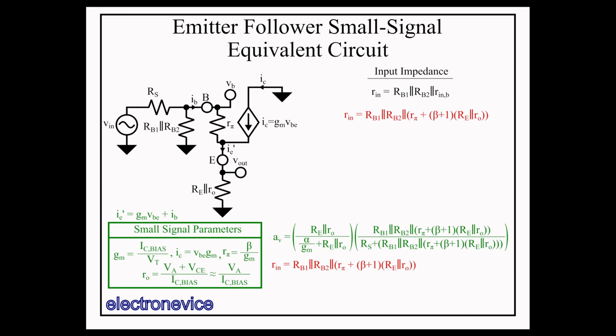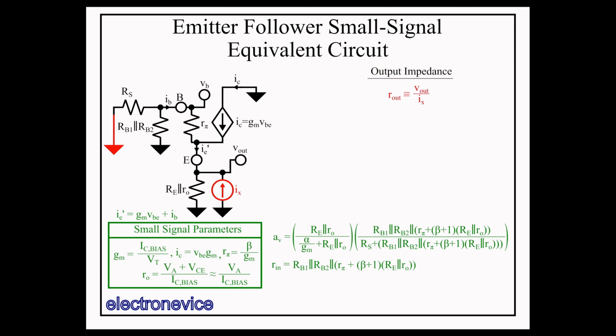We have one more parameter to derive before we take a closer look at these expressions: the output impedance. The output impedance calculation is a little more complicated. The method we'll use is to zero out the input voltage and apply a test current source Ix on the output and solve for the output voltage Vout in terms of Ix, which we will then divide by Ix to get the output impedance. This is sort of the long way to calculate the output impedance here, but it is using general techniques that apply to other circuits. We'll discuss some other methods of doing this analysis in part 2 of this video that can simplify the process,